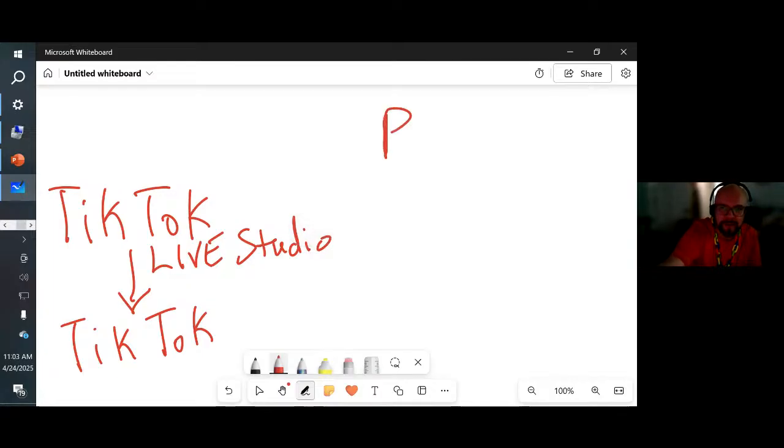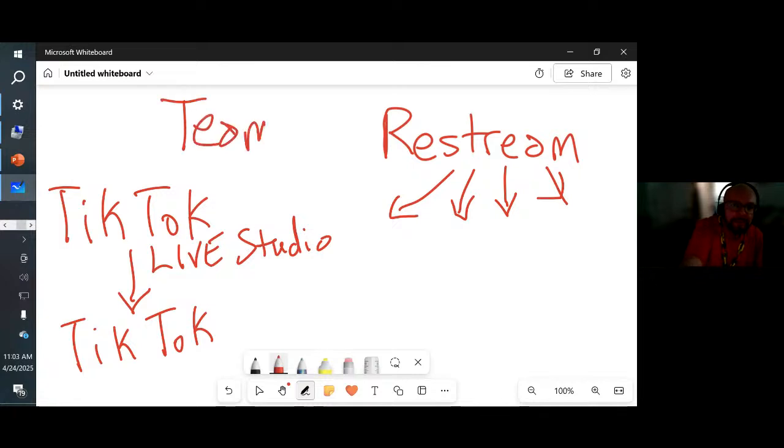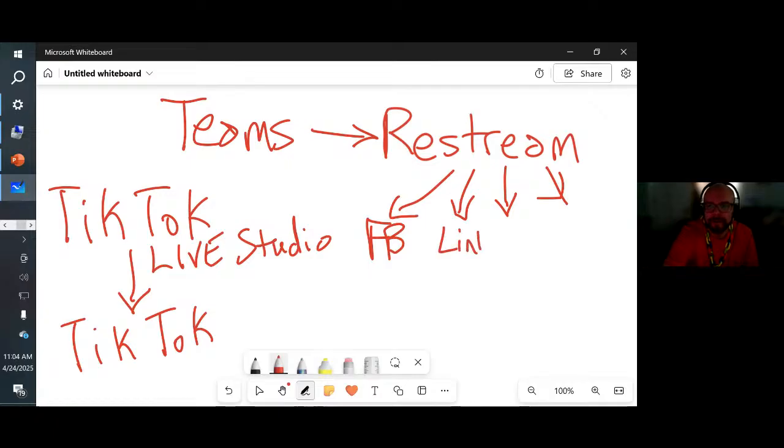What I'm also doing at the same time is using Restream. And Restream is designed to go to multi-platforms up to 8 at a time. So the nice thing about that is I'm not limited to the one connection. One thing that I like about this setup is that I can use Microsoft Teams with a new feature in Restream to send my Teams meeting to Restream, and then I can have Restream send the stream to things like Facebook, LinkedIn, YouTube,